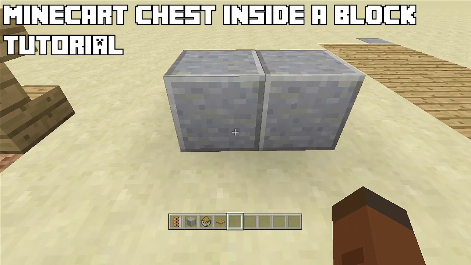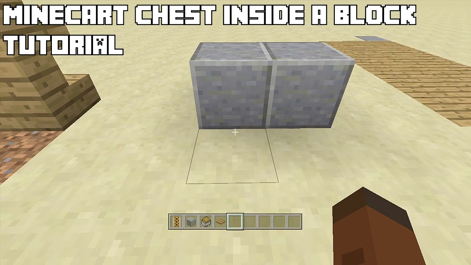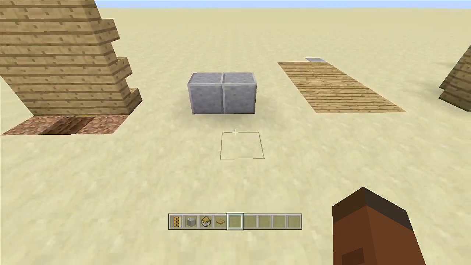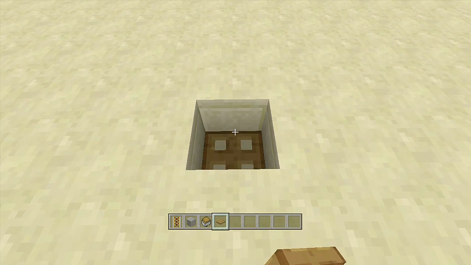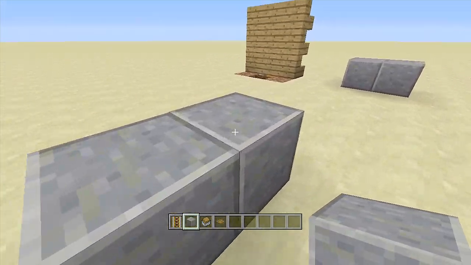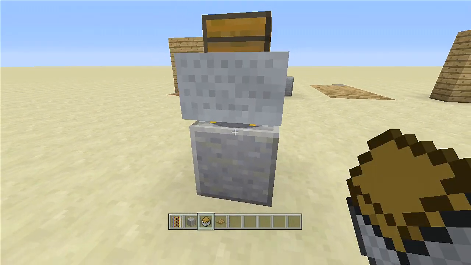Next up, we have the chest that was inside the fireplace. If I go right here on this block, I can access my minecart from here. So this one is another very simple one to do. All we have to do is dig down a block, place down a trapdoor on the bottom, go ahead and place a block right above your trapdoor, place a rail with a minecart with a chest on top of it,